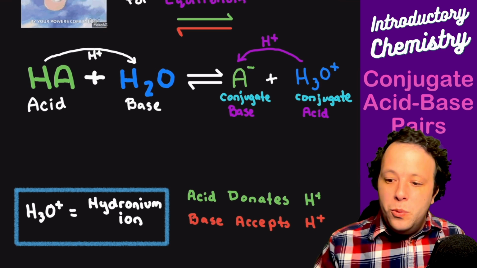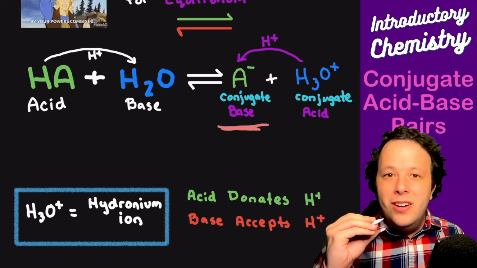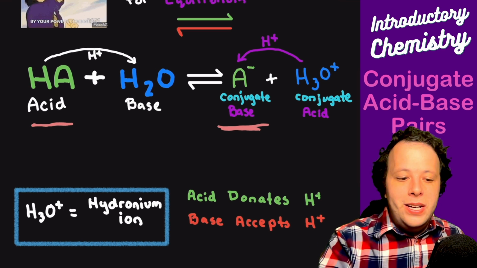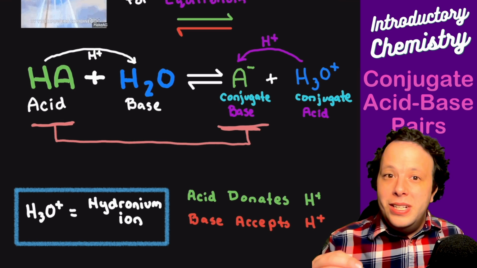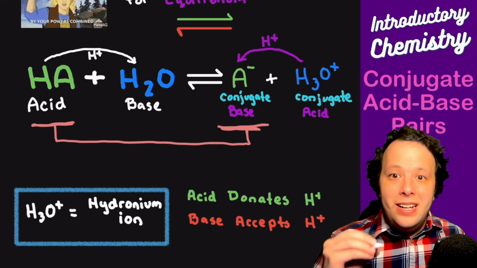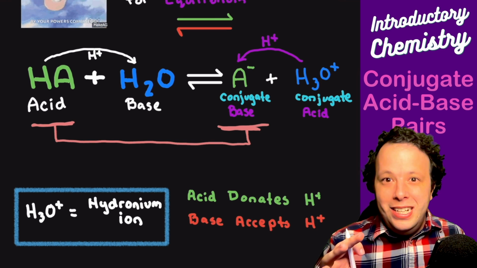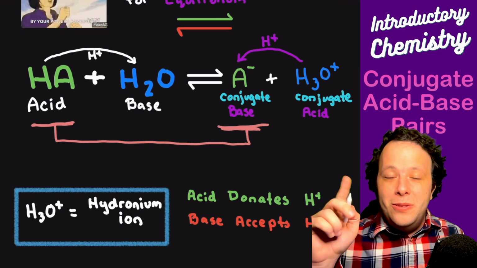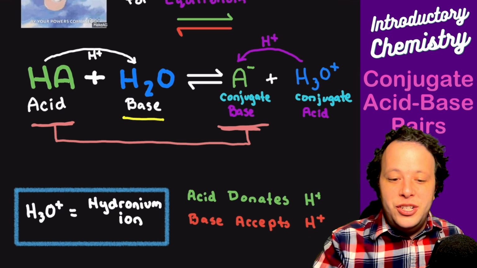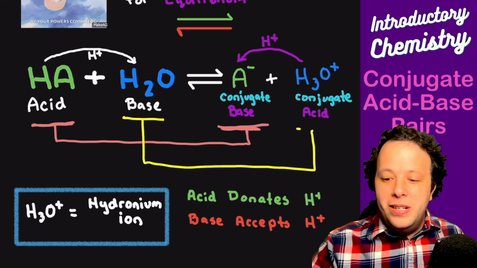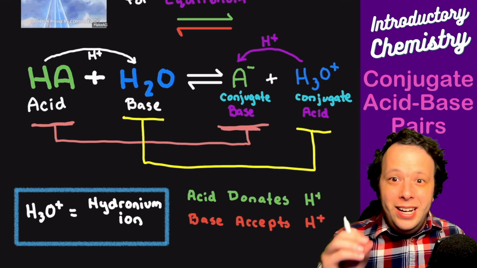So for example, one of them is A minus, right? As you can see, there's an A on the conjugate base. There's also an A on the left-hand side in HA. So these two together are referred to as a conjugate acid-base pair because they have the same common ion in each equation. Now, when it comes to the other two, the one with water, what's the common piece between H2O and H3O plus? Water is the common part of both of them, right? The only difference is one H plus.